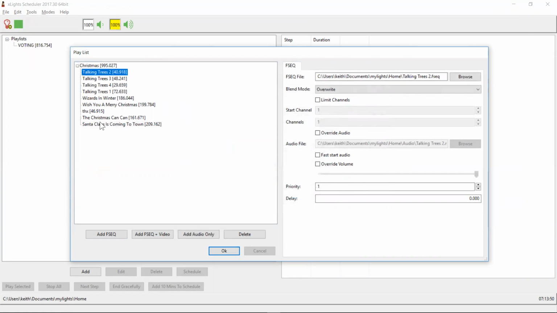If you want to reorder them, as you almost certainly would, these tree sequences in particular need to be played in order, you can just drag and drop them around. There's some quirks to the dragging and dropping, but you can do that. I would typically, to be honest,